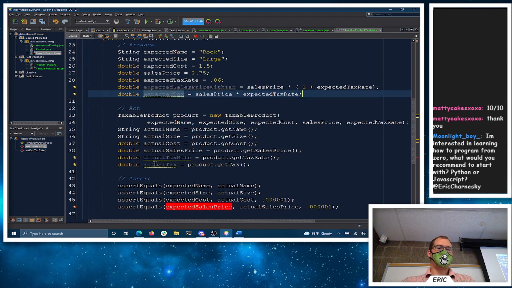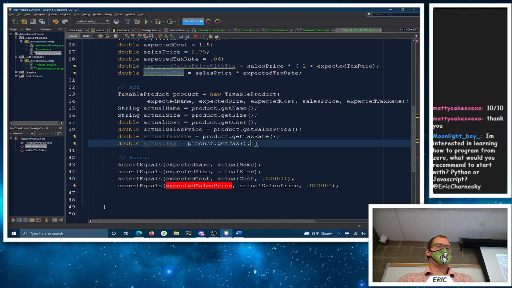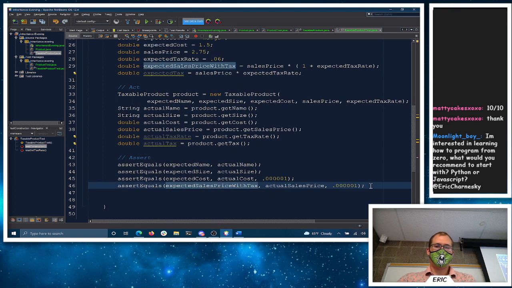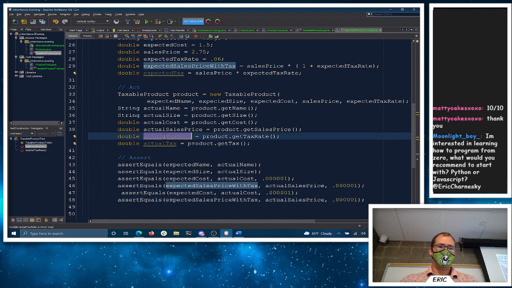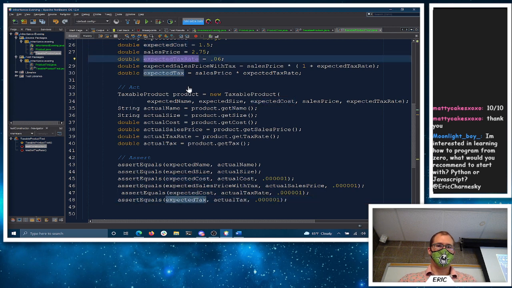Right? So these are additional things. The tax didn't get set in the constructor, but we need to check it and make sure it's going to work here. Right? So our expected sales tax with price is the actual sales price. And then two more because they're doubles here for our actual tax rate, the actual tax, the expected tax,